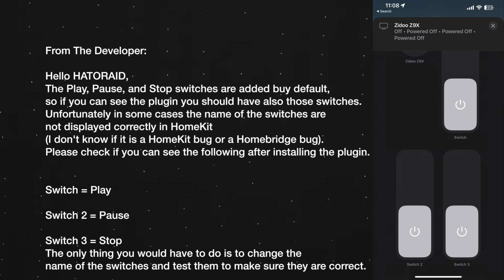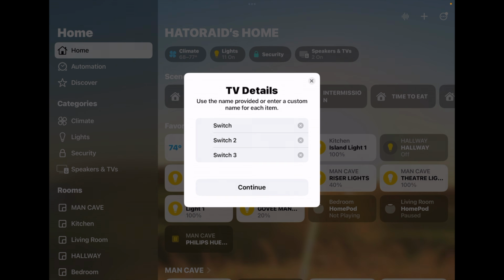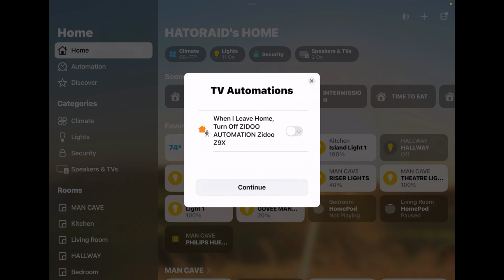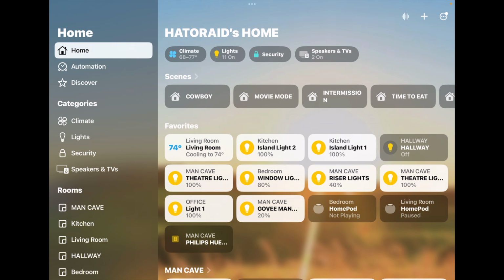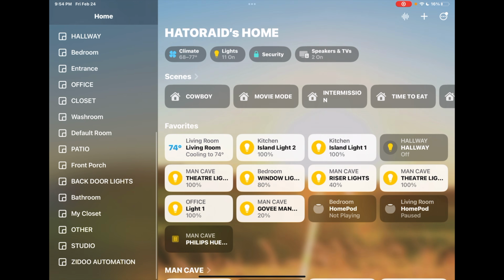And when I was doing this the other day, like I said, I had to reach out to the guy who created this plugin, and he told me that Switch is actually play, Switch 2 is actually pause, and Switch 3 is actually stop. But for whatever reason, HomeKit doesn't recognize it like that. So what we're going to do is we're going to hit continue. And we're going to wait for that. And it's going to ask you, an automation comes up. I'm not going to select that. I'm going to hit continue, hit done,